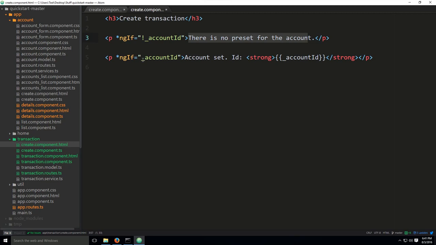However, if the account ID does indeed exist, then this will be printed out onto the screen. So account is set ID, and then in bold letters, we will actually fetch the account ID and print it out onto the screen as well. I'll show you how all this looks like on the site as soon as we're done with just a few minor modifications. So go into the details.component.ts,